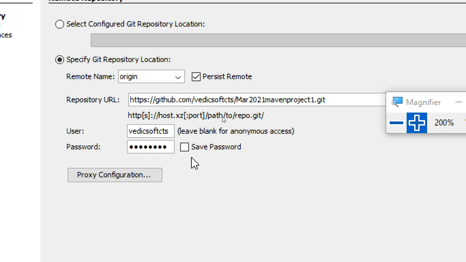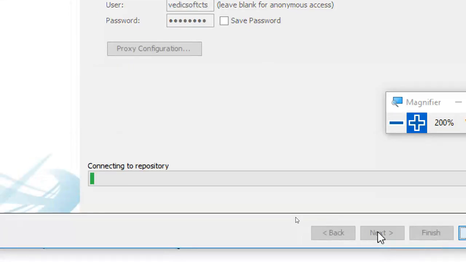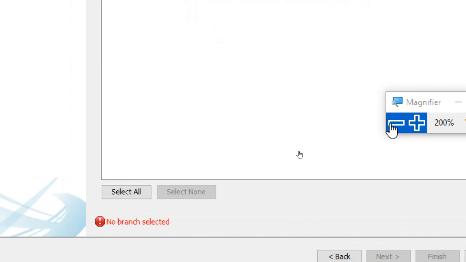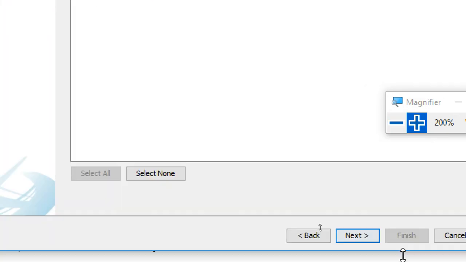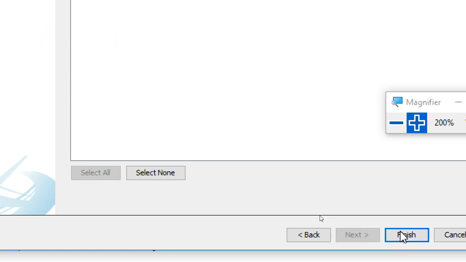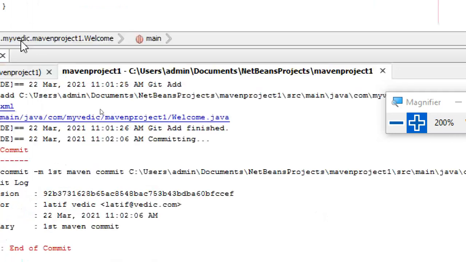If you want to save the password, you can save it. Otherwise, you have to give it every time. I'm not saving the password, because if I save it, I will forget it. Now select the branch, master to master only here. Next. Okay, finish.